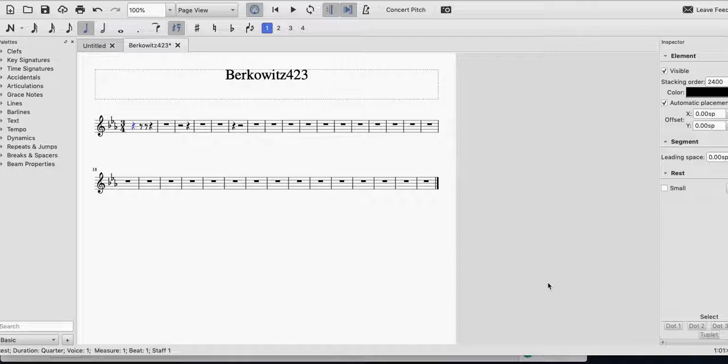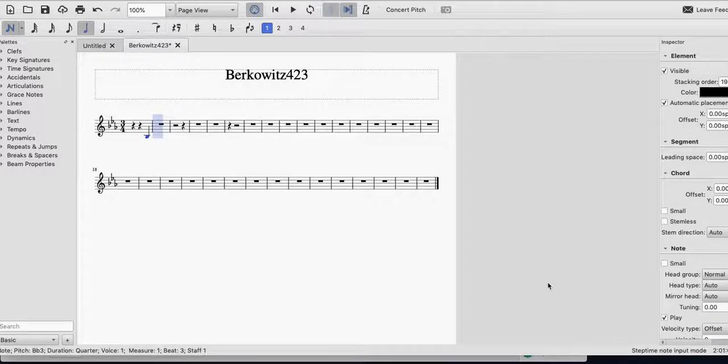So you'll notice that 423 begins with a pickup note on the last beat. So I need to press 5 for a quarter note rest, and then 0, 0, which will give me 2 quarter note rests. And I'm still on 5, but this time I'm going to press B, and it'll give me a nice B flat. You'll notice that's in the wrong octave. So instead of doing this, which is fun but gets old really quickly,